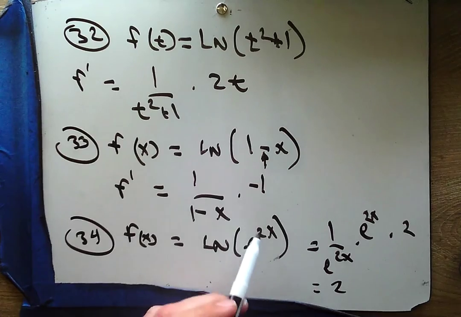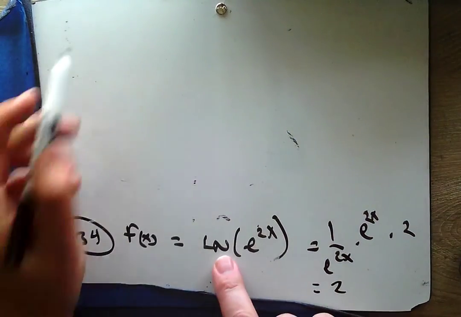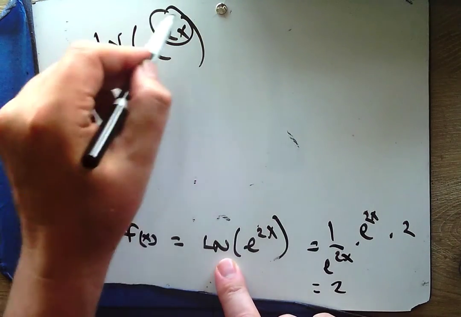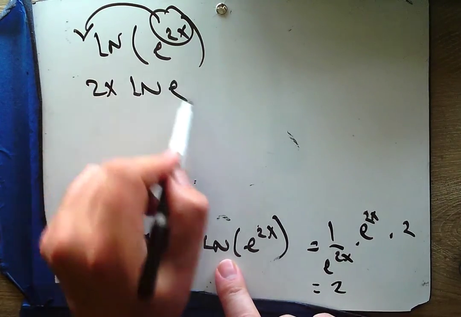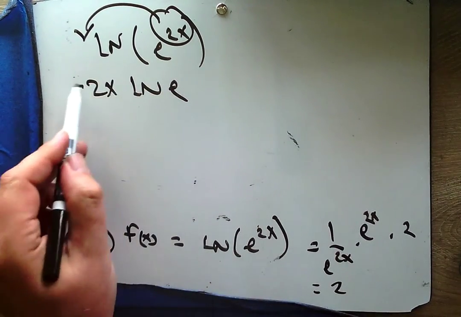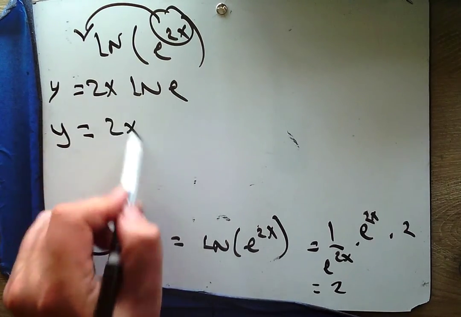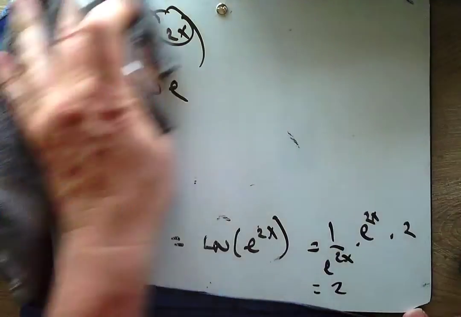Well, think about it. You've got this ln, and inside it, and so you're going to use that power property of logs to rewrite this, and you're going to say, well, ln of e is 1, and so that's the function, and the derivative is that. Okay,